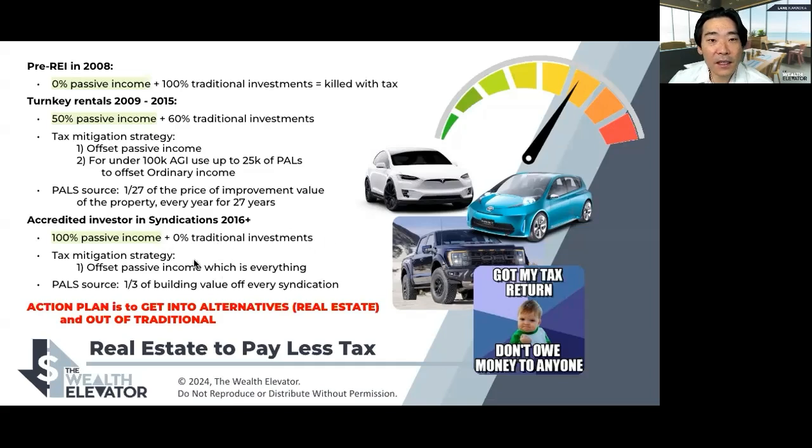And I'm not saying that everybody needs to go all in, but again, this is just my story, right? Very early on in my late 20s, early 30s, I was 100% alternatives. I'm still on that side today, right? Because I'm a general partner and operator, but that's effectively how I got to this point where I'm at today. But you're going to have your own level of buy in.